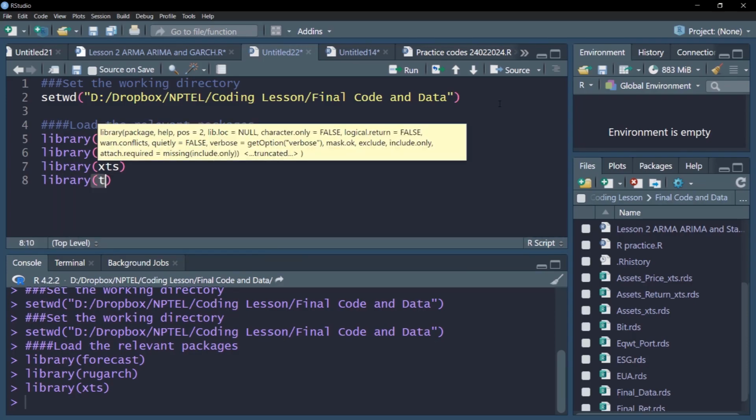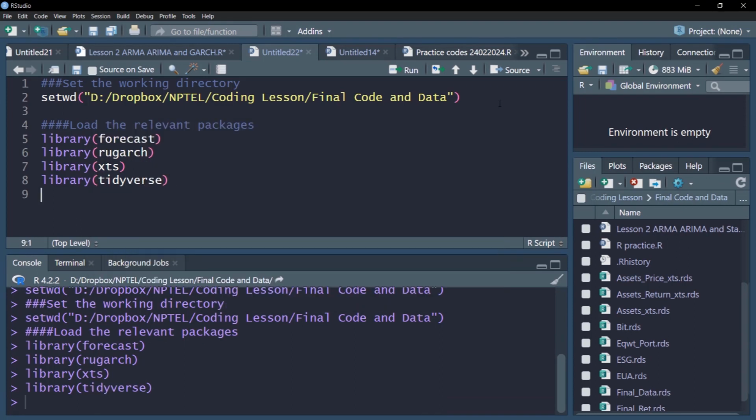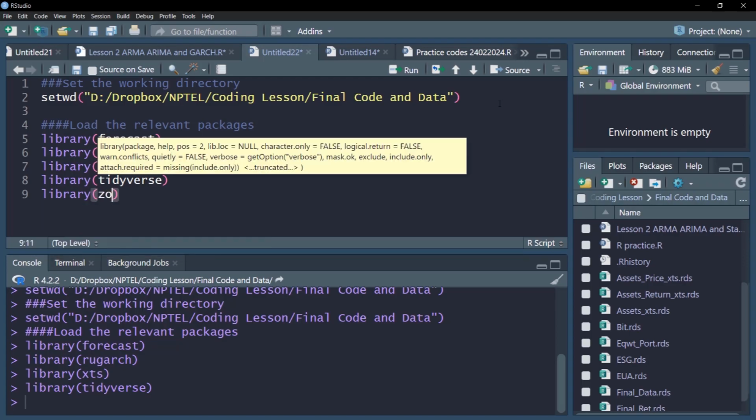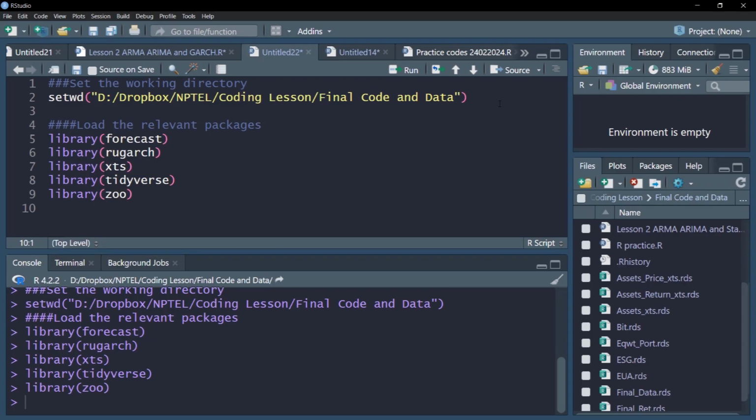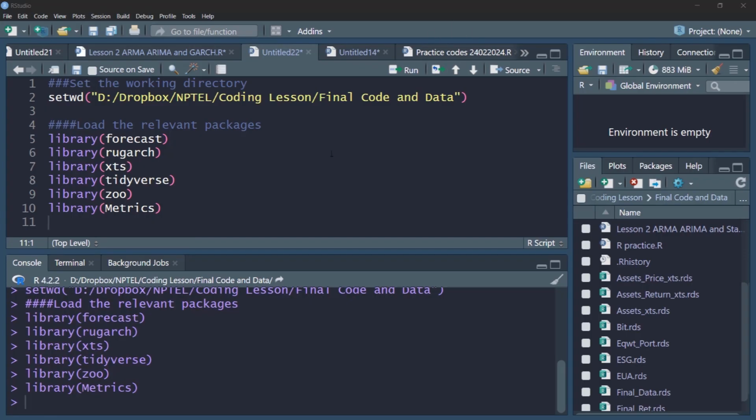We are also planning to use tidyverse for some of its applications. We will use library zoo, and because we are going to measure some errors, RMSE, MSE and so on, we are also planning to use matrix.